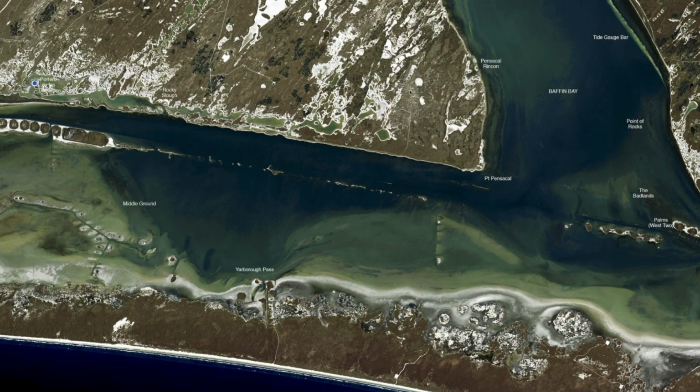All right, let's talk a little wade fishing. We're going to be looking right here at the Wallow Rocks and this little flat right in here. There's a little cut through right in here and the back side of the Wallow Rocks. You're going to jump off the boat right there with either your favorite pointy tail, which would be Bass Assassin, or you could carry a box of croakers. You will absolutely smash the trout